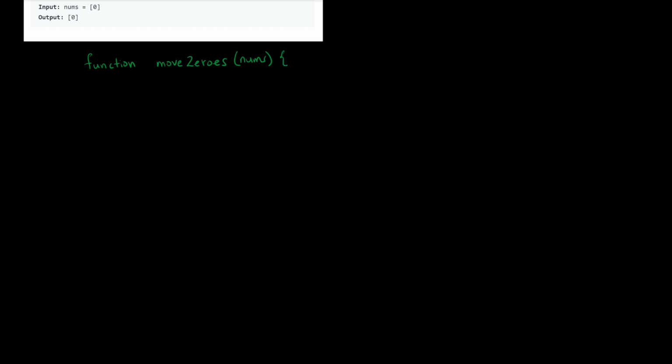So let's write our function moveZeros(nums). Remember, we have our left and we have i. Because they're in the same scope, we can just have them declared here: let left = 0, i = 0; i < nums.length; i++. And then if we come across an i that is non-zero, not equal to 0,